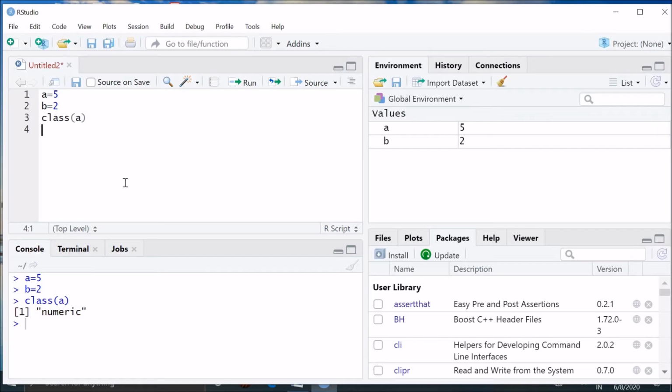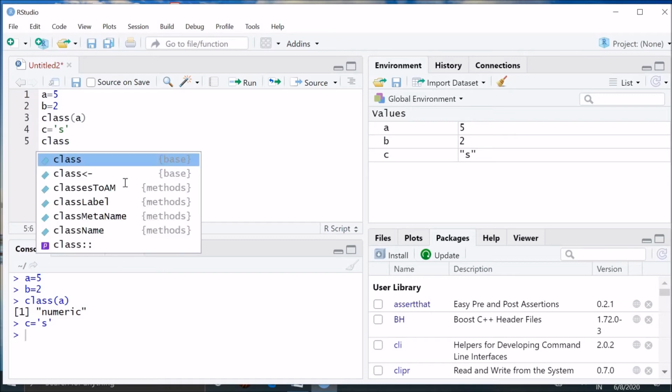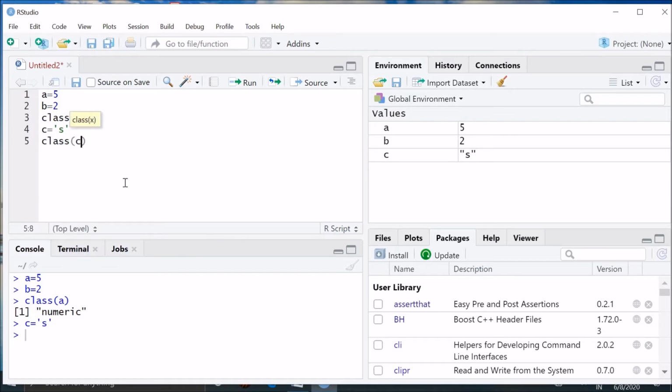Same as if we want to store something in C as S, class of C, it gives you character.